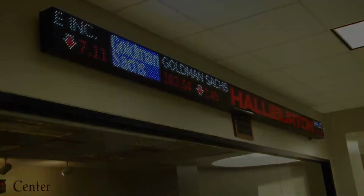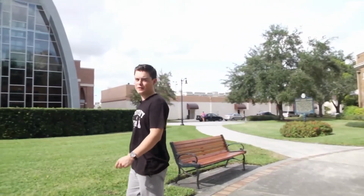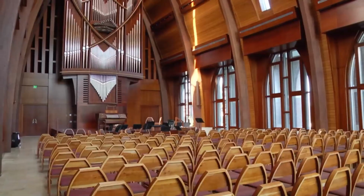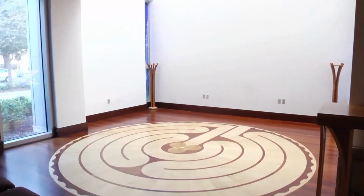Now let's check out the Sykes College of Business. This academic building houses classrooms and faculty offices for UT's undergrad and graduate business students. This building also has a real-time stock trading room. Right next door is the Sykes Chapel for Faith and Values. This gorgeous interfaith chapel features a large main hall complete with a massive pipe organ, as well as meditation rooms